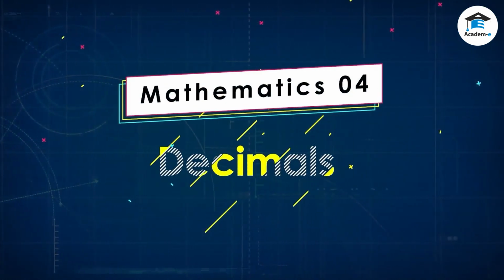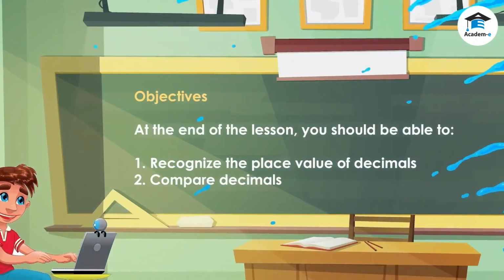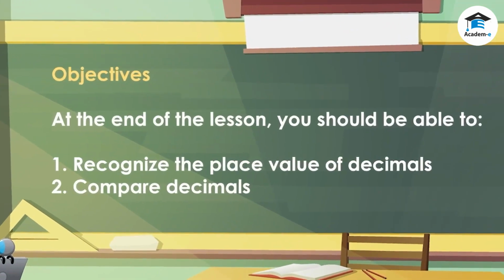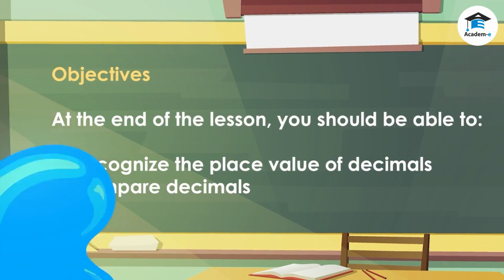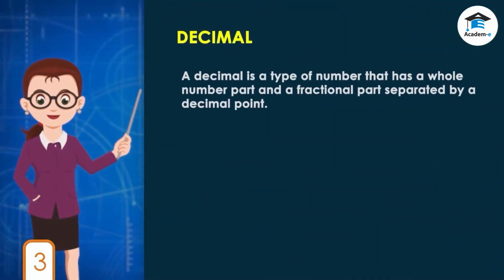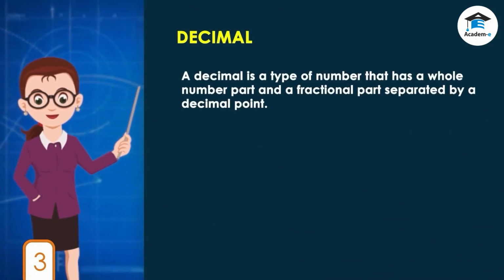Mathematics 4. Decimals. Objectives. At the end of the lesson, you should be able to recognize the place value of decimals. Compare decimals. A decimal is a type of number that has a whole number part and a fractional part separated